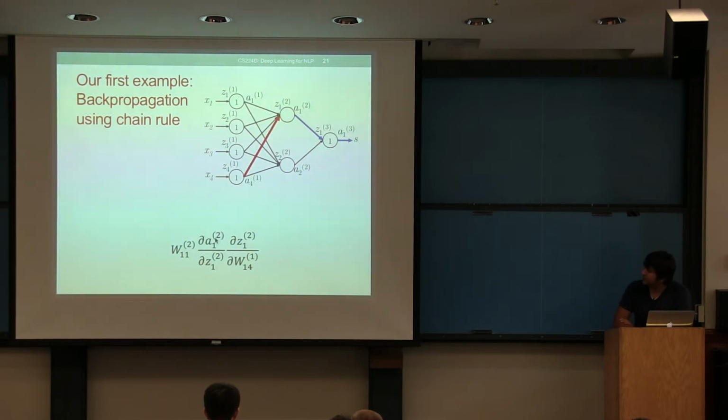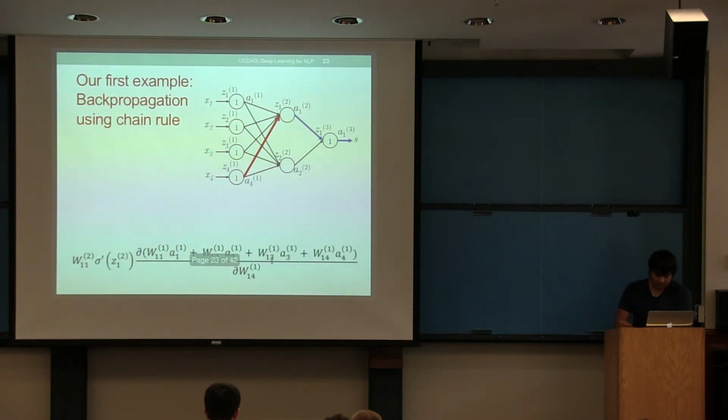So this was basically a sigmoid in the forward pass, so now we'll have a sigmoid derivative in the backward pass. So that's this. Now this is just sigmoid times 1 minus sigmoid. I'm not going to open it up just for the sake of real estate on the slide. And that leaves us with this last element, dz1, so the linear combination with respect to the weight matrix element. And again, we can open this entire thing up right here, z1, with respect to the 4 inputs that it receives. And you'll see that, again, there's only a single dependency on W14, and that's this one, so you'll be left with that.